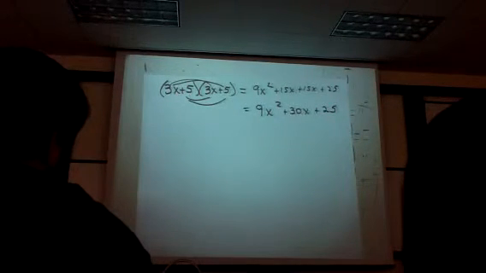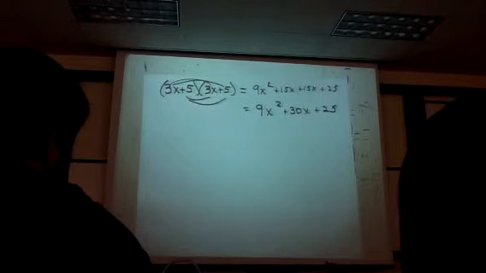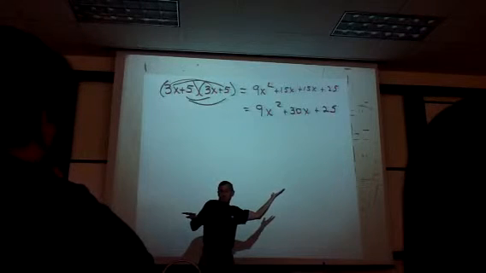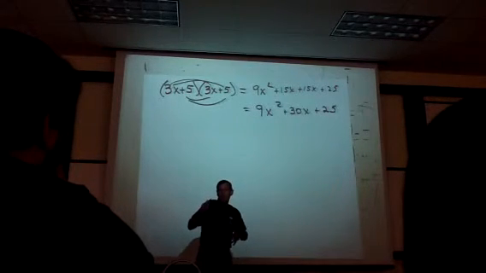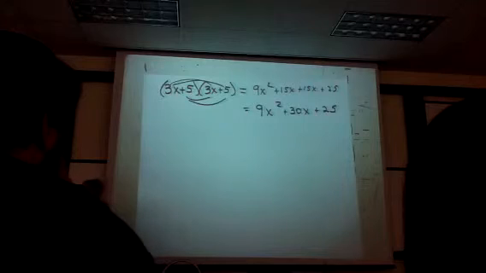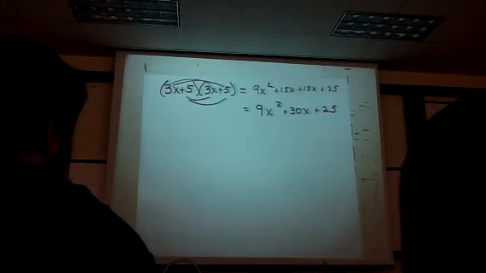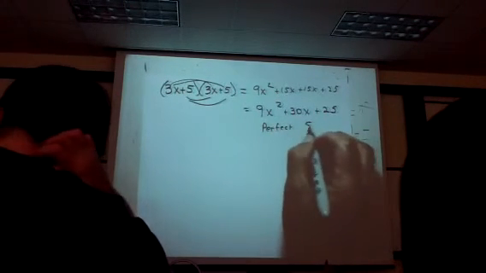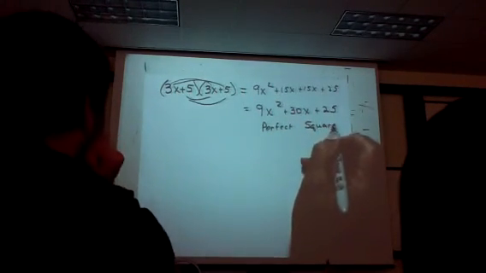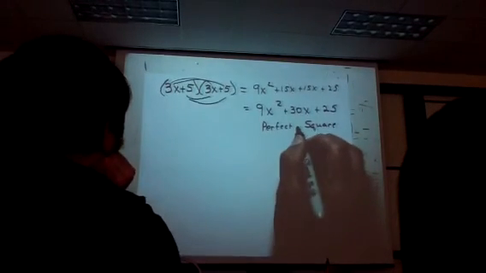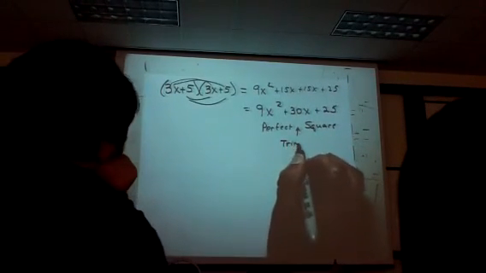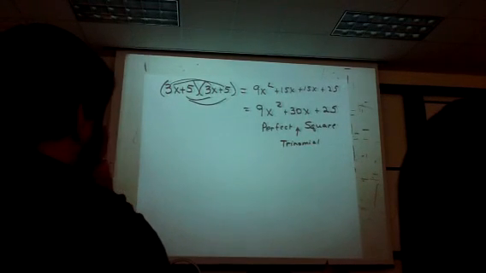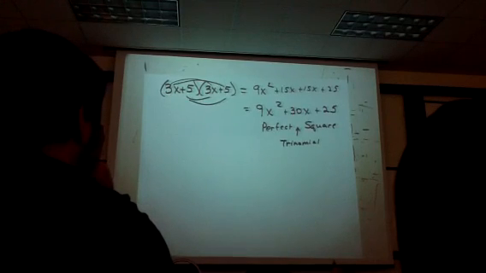And I end up with a trinomial that has a special name also. What's this guy called? Anybody got a name for it? Perfect square, absolutely. It's a perfect square. This is called a perfect square. Or it's sometimes called a perfect trinomial square, just to remind us that it is a trinomial. But a perfect square,